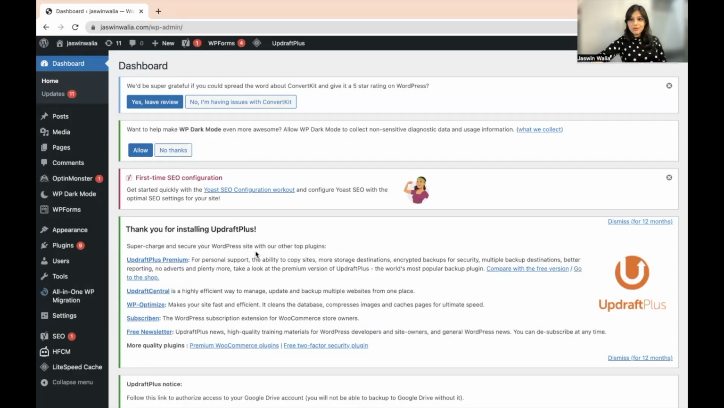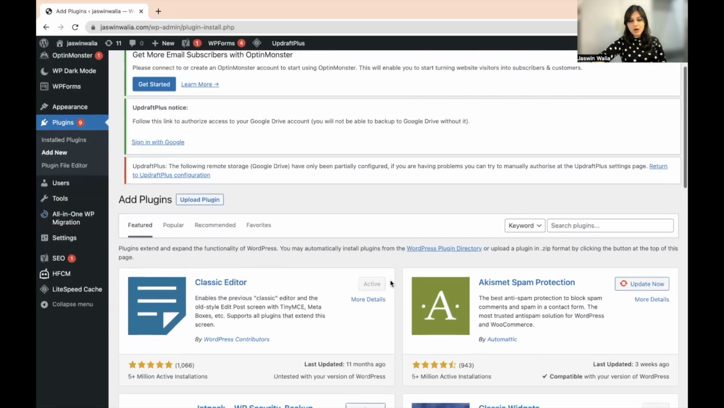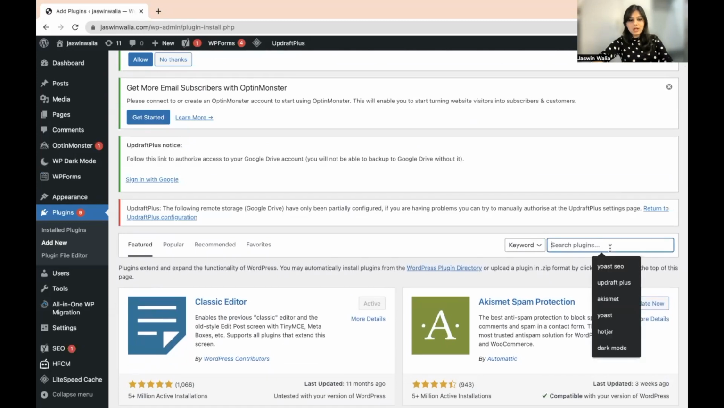Once you are on your WordPress dashboard, the first step is to install the Elementor website builder. Very, very easy. Just look into your left sidebar, go to Plugins, and click Add New Plugin. Then you will have to search for the Elementor website builder. Scroll down a little bit, go to Search Plugins and just write Elementor